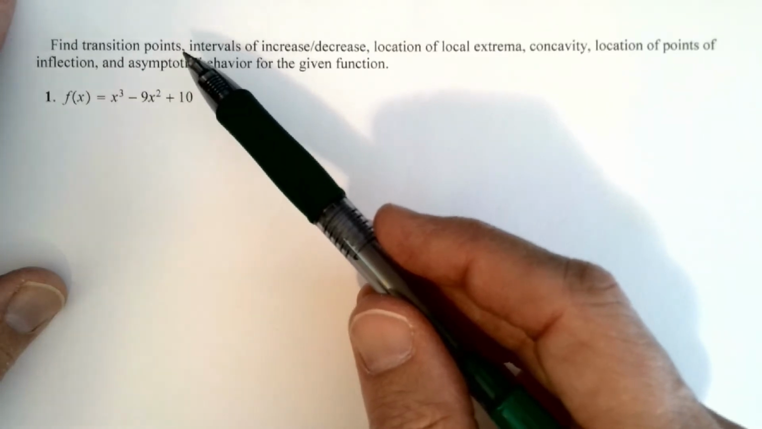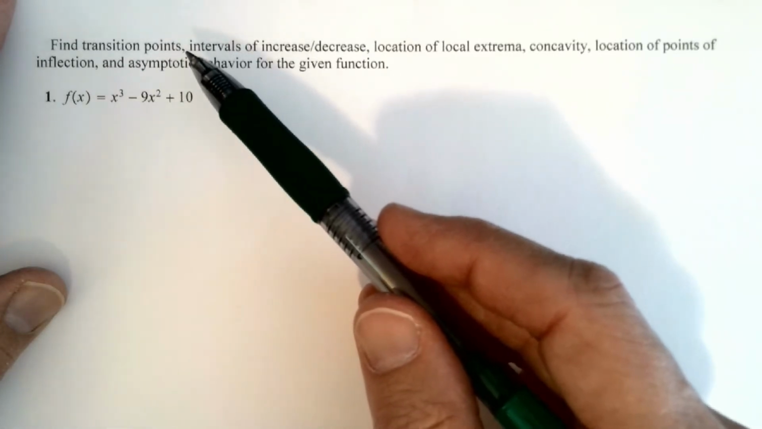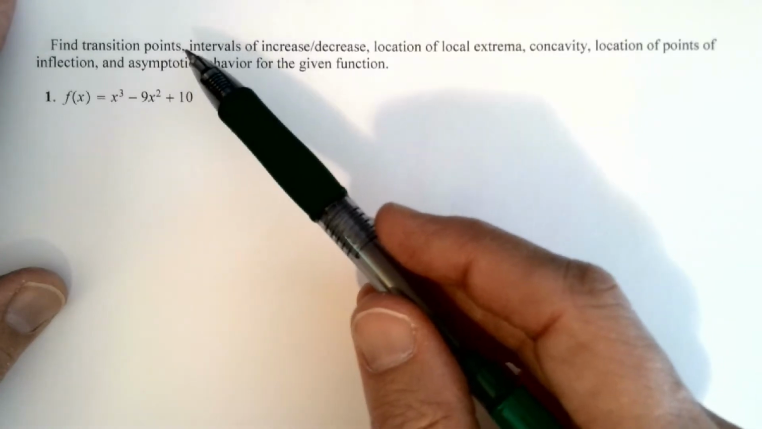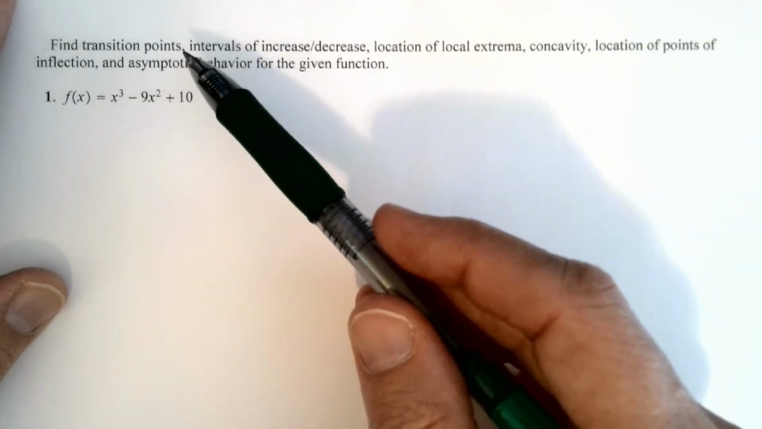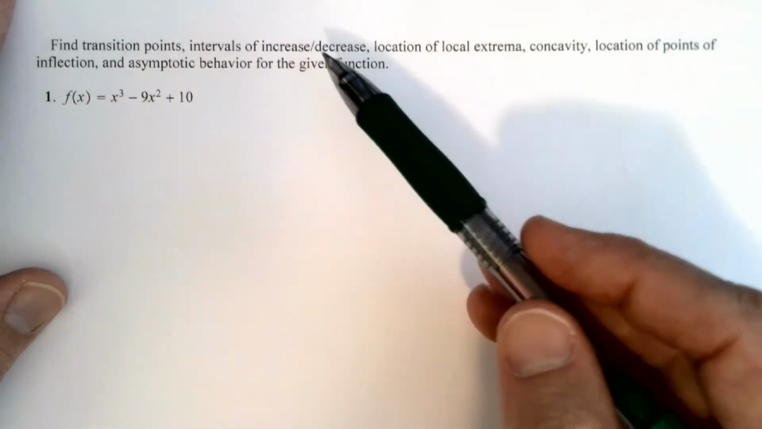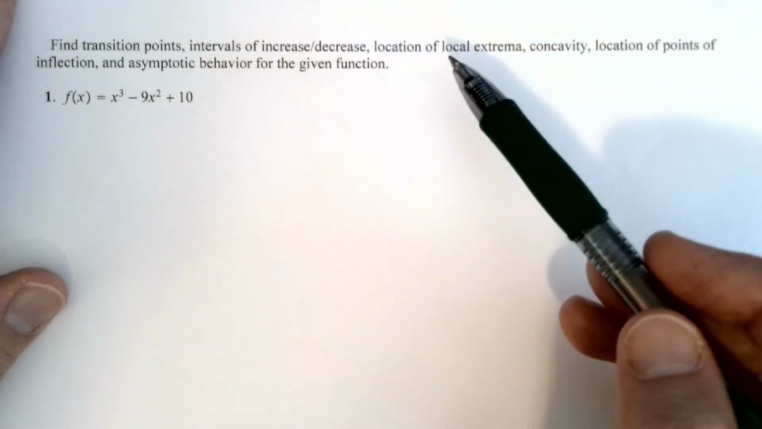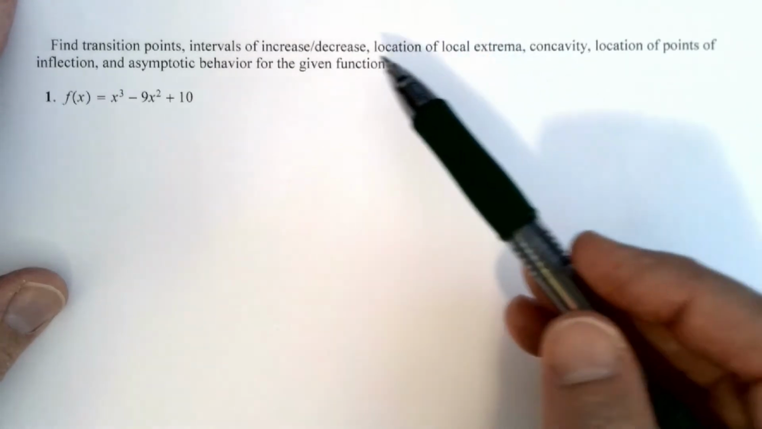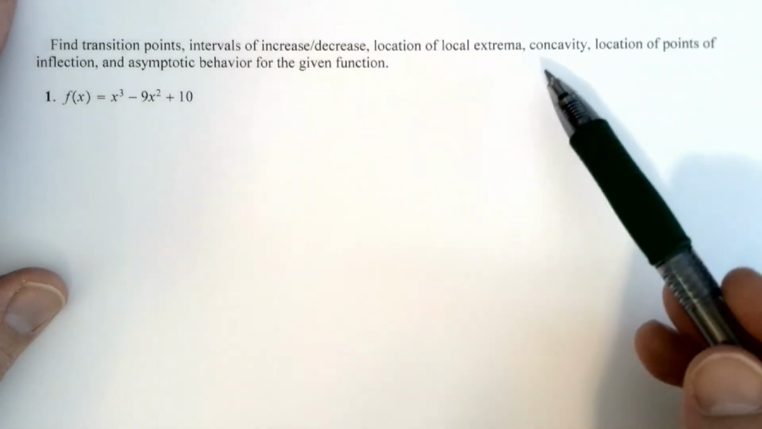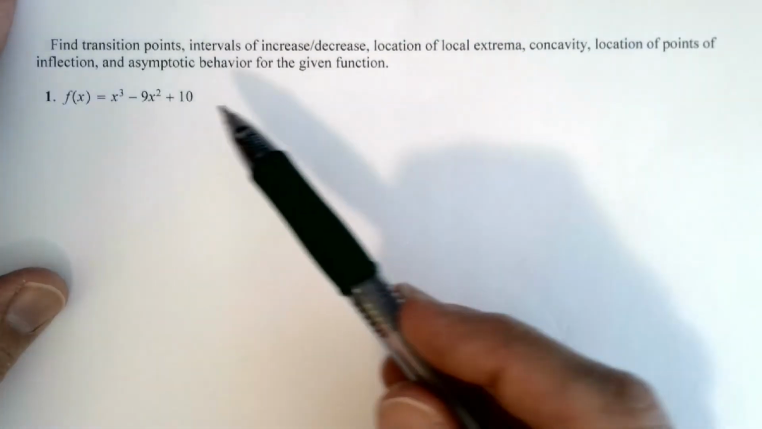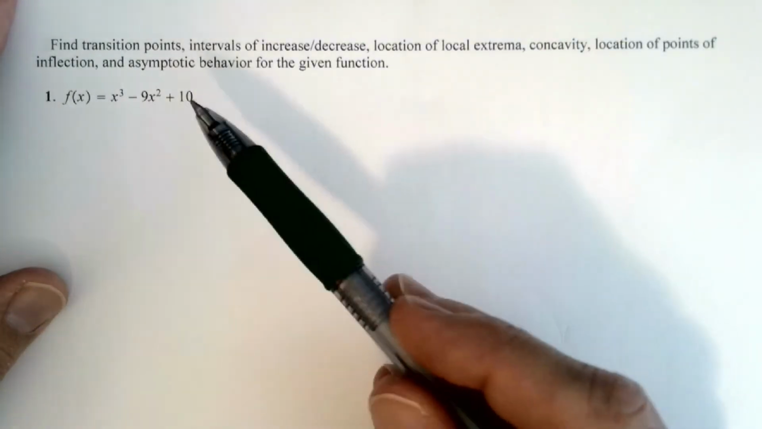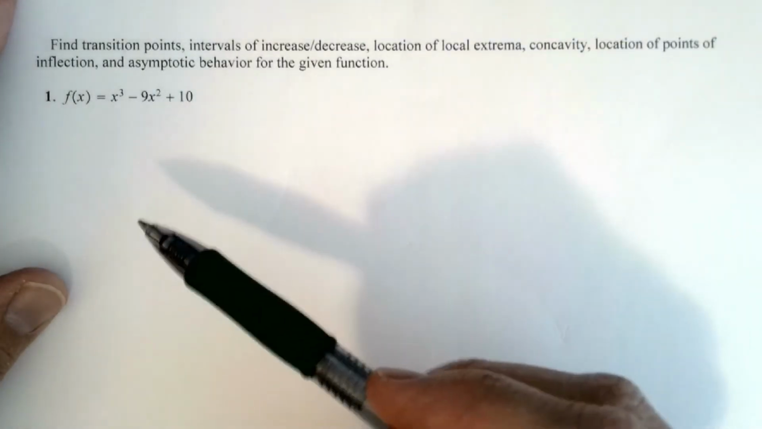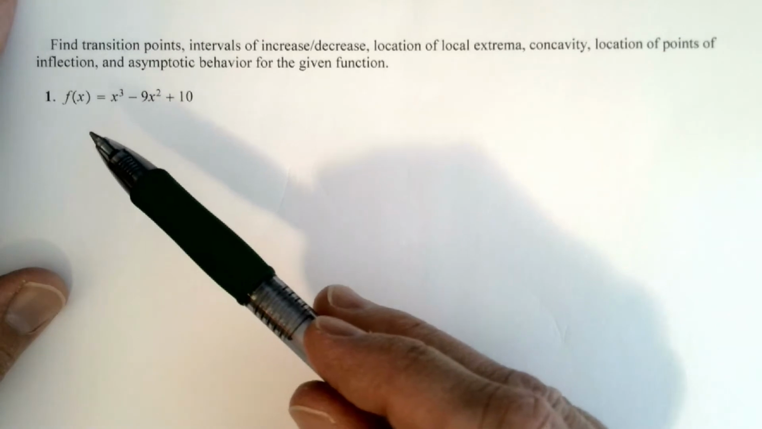We're going to be looking at critical points where the derivative is 0 or undefined. And then of course we'll need to do a sign check of the first derivative to help with that. In fact, we're going to find intervals of where we increase or decrease and the location of local extrema. So that's all going to come from the first derivative. And then we'll talk about concavity and location of points of inflection, which are also transition points,